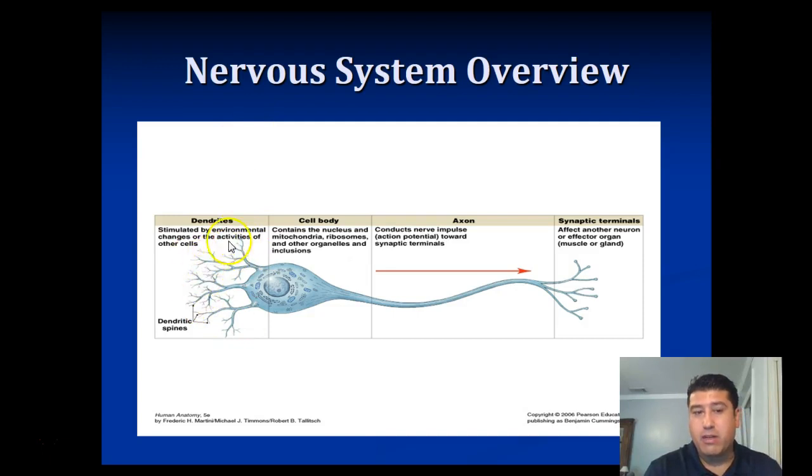So once the dendrites are activated, it then creates an action potential when sodium, potassium, and chloride start doing some weird stuff. You've studied it. We're not going to really talk about it in this class, but it creates an electrical impulse. So it goes from a chemical to an electrical impulse. But nonetheless, it gets sent to the cell body, where it's processed by the nucleus, and then the nucleus tells the nerve, okay, send the message down the axon to the synaptic terminals,